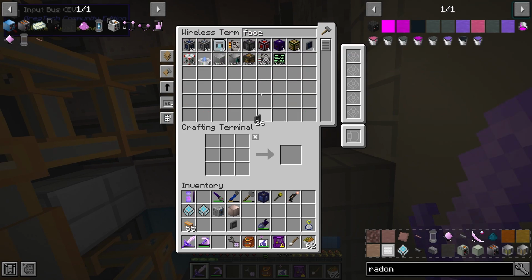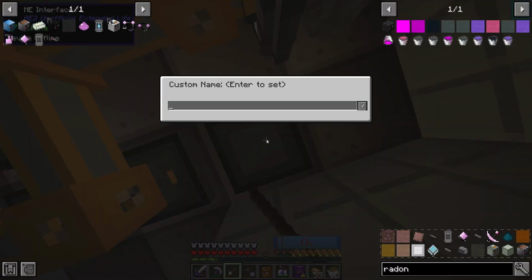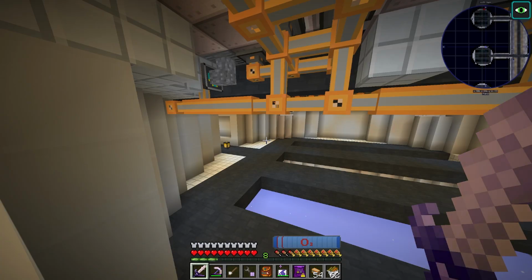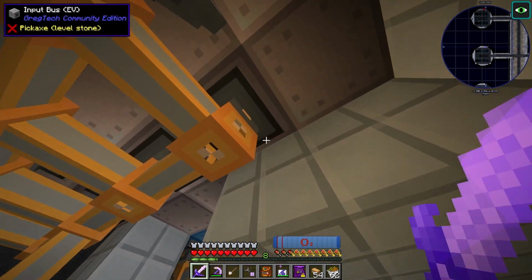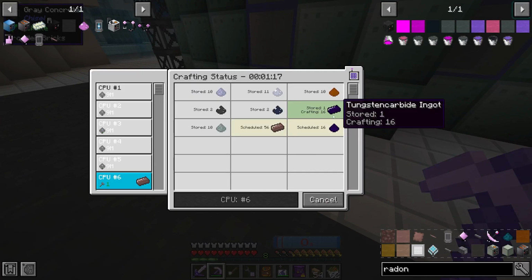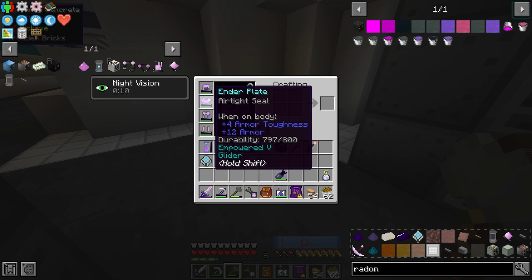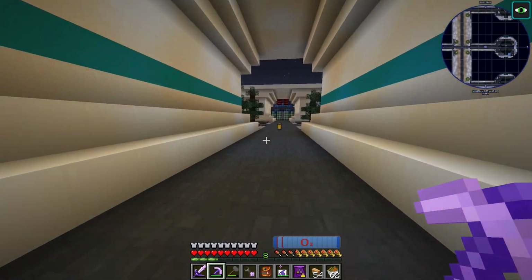Grab an interface. This should be moved. This is probably going to get moved eventually. 8. And then you can go. So if we do abyssal. So we're making tungsten carbide. Tungsten carbide is a blast furnace recipe. Ah, I see what happened. So tungsten carbide, we have the dust, but we need...